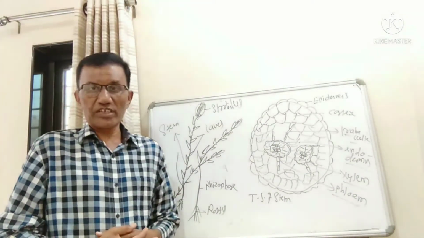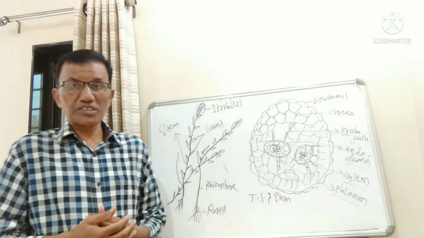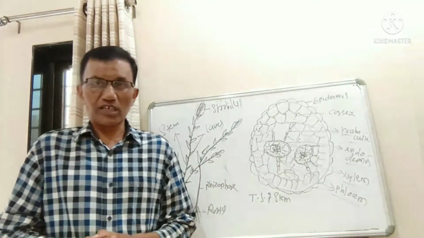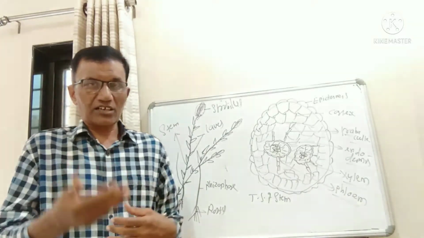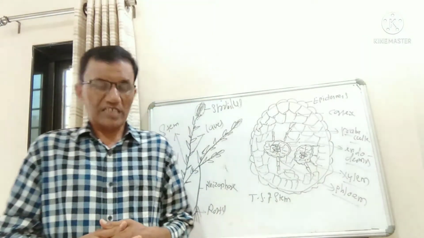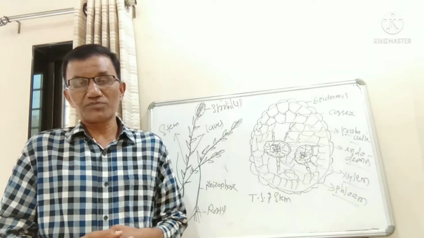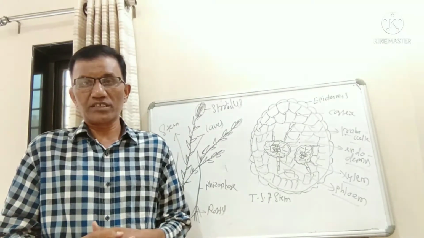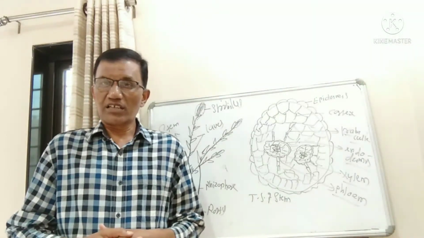The stem is weak, evergreen. I also explained yesterday the number of species distributed throughout the world, and I repeat the same thing: near about 700 species of Selaginella have been reported throughout the world,